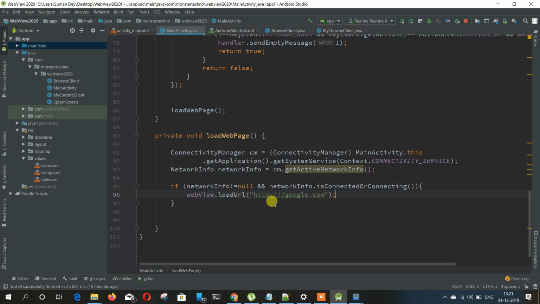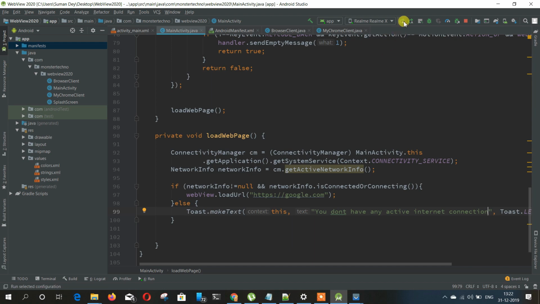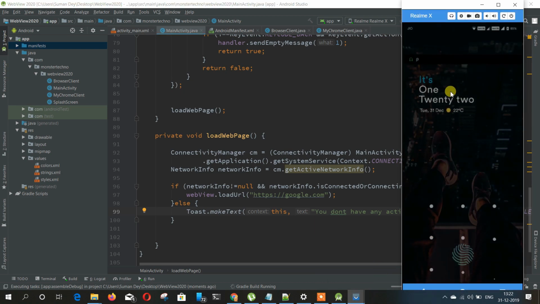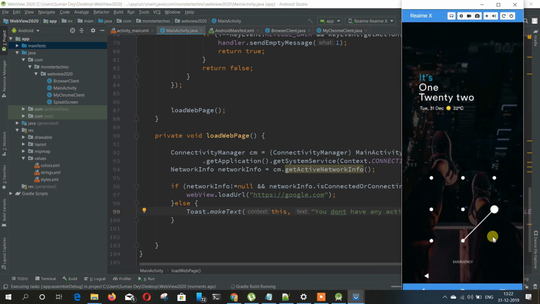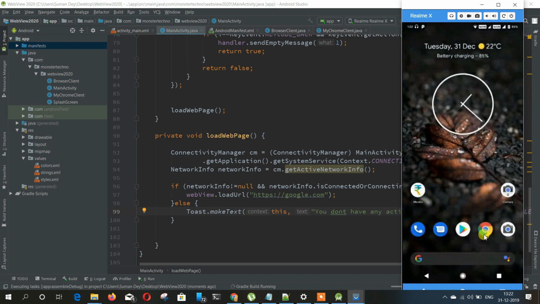So it checks if the internet connection is available, then it will load the website to the web view. Otherwise it will show a toast and not load anything, so the page will remain blank. No other kind of text is showing there. So let's run this application. The first time it is loading,